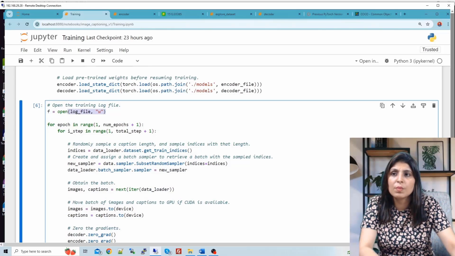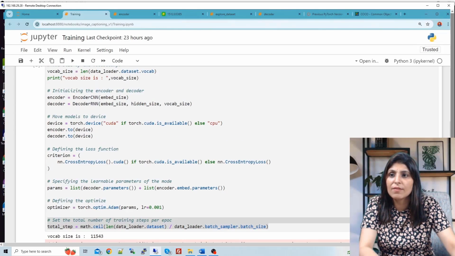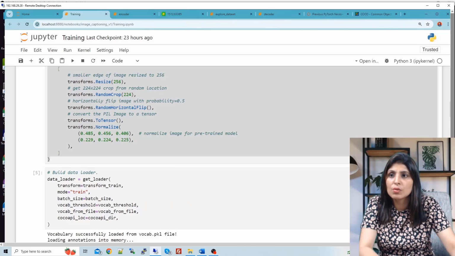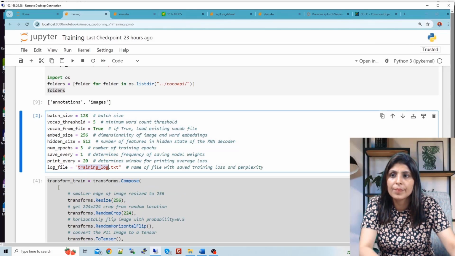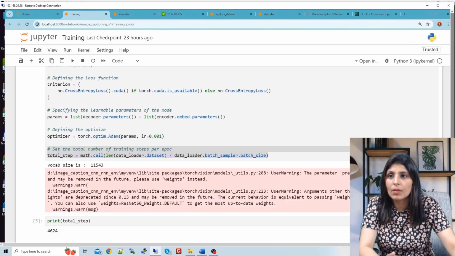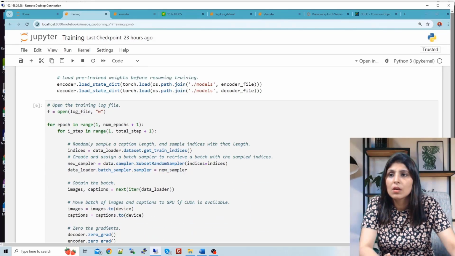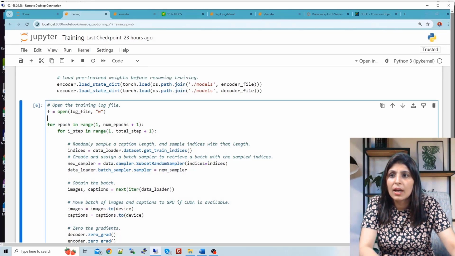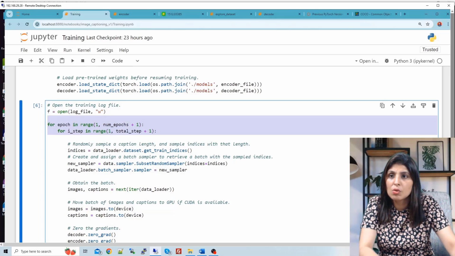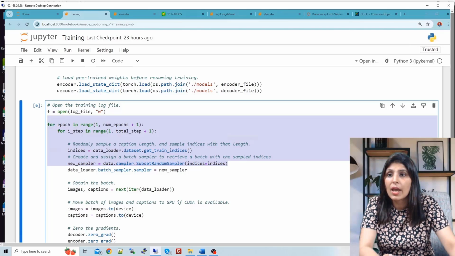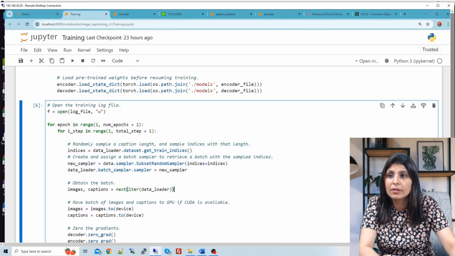First we are opening the log file which we have created above for storing the loss, here, this one. We are opening that file in write mode, and after that we are using this loop, and here we are loading the data. We are then retrieving the batch with the sampled indices, and here images and captions.